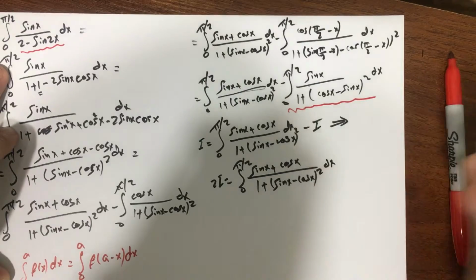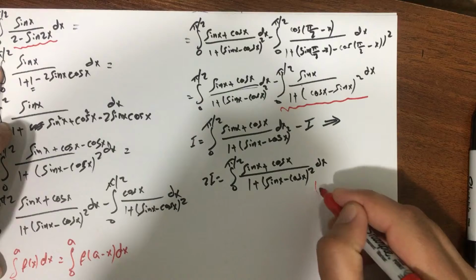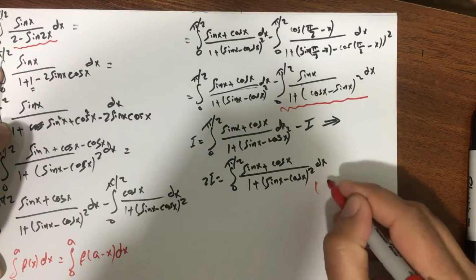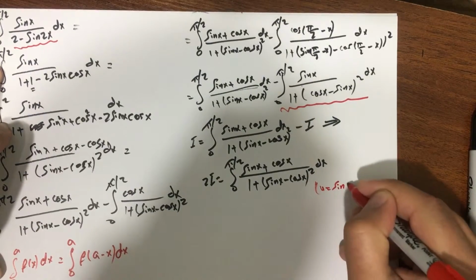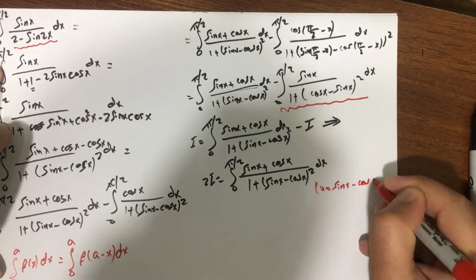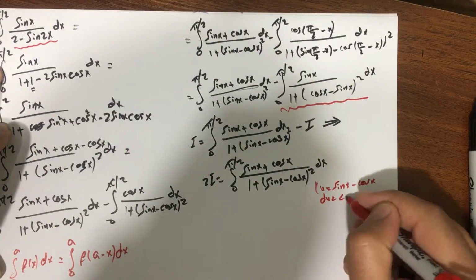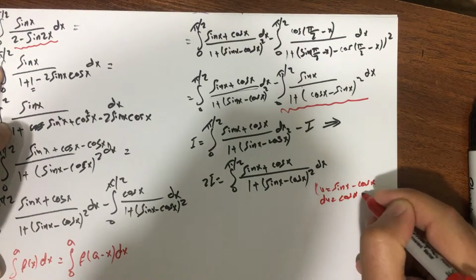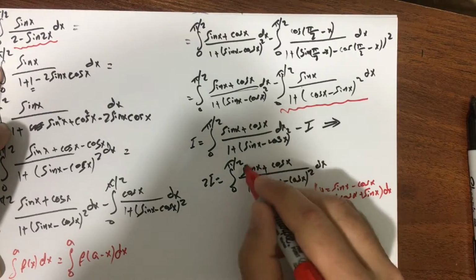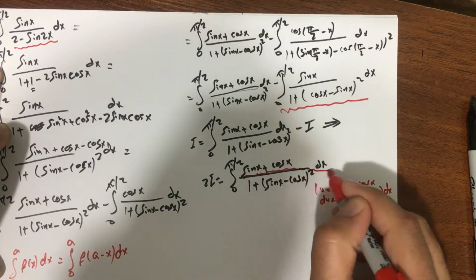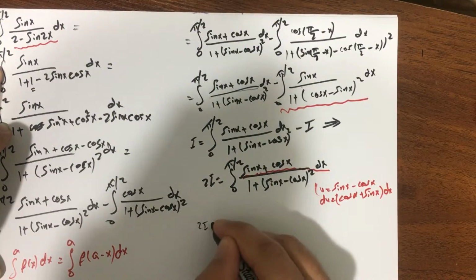Now for this part we use a u substitution, u equals sine x minus cosine x. Then we have du equals cosine x plus sine x dx. And notice that we have this in the denominator. So we have 2I equals 2 times